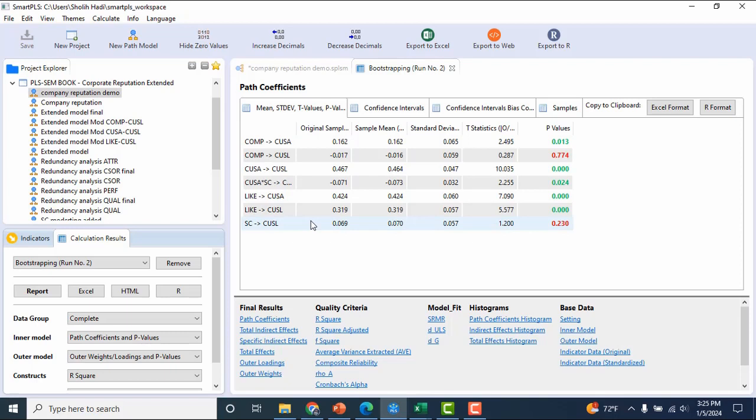From here, we are interested to check the interaction term between the CUSA and SG. We see here the result is significant.